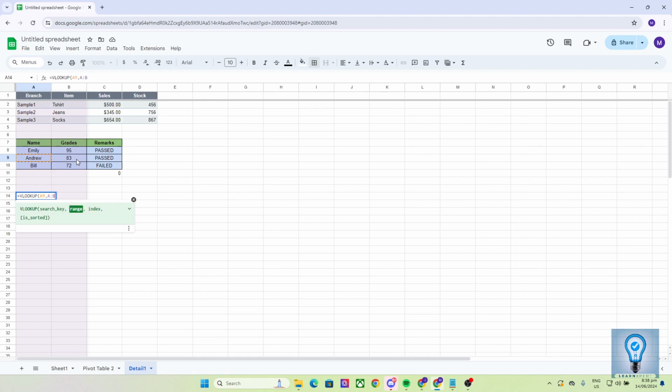Now, for the index, we want to check the grades, and the index for the grades column is 2 because it's in B. So we want to put 2 over there. And then lastly is if it is sorted or not. Our data in our spreadsheet is currently not sorted, so we are going to click on false and then put a close parenthesis. Now, as we press enter, as you can see, it will display 83, meaning that